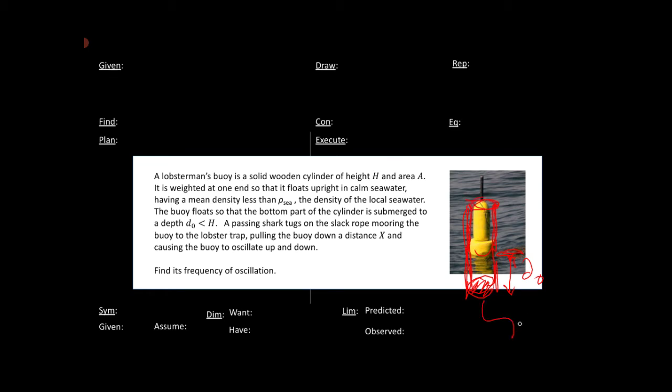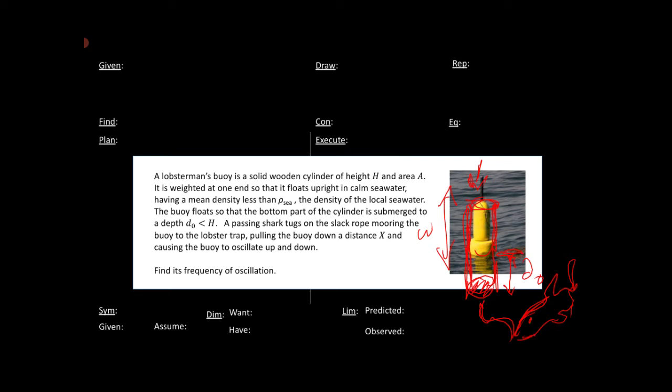The story has a shark. This is not a good shark. A shark passing by and tugging at the rope that connects the buoy to the lobster trap. I mean, this is how you find your lobster traps. And then this oscillates up and down, and we want to find the frequency of that thing. Okay, so